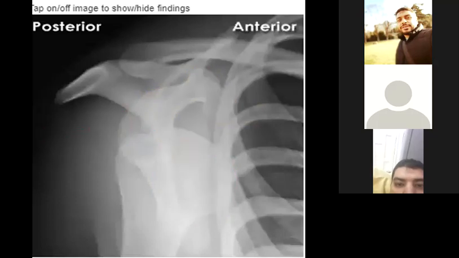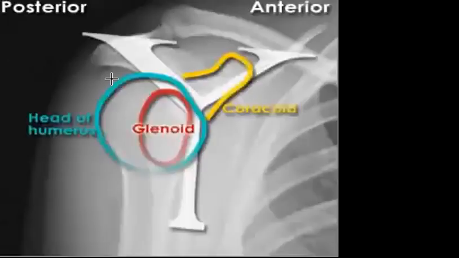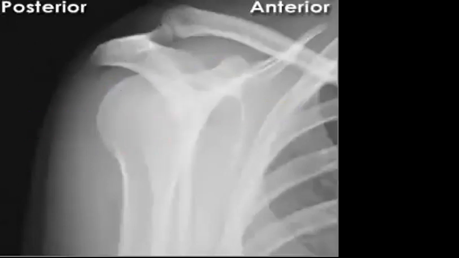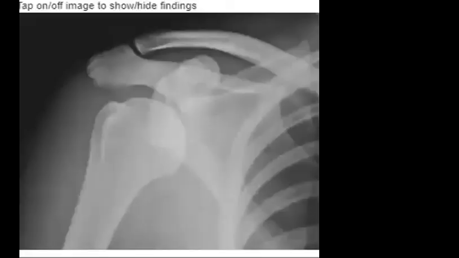I think that maybe you would like to go to the normal to check it again, right? I feel it. So let's check it again. So the normal, if you remember, was the humeral head almost at the level of the coracoid process. So when it goes to an inferior position, this means what is called shoulder dislocation, anterior shoulder dislocation. In the AP view it will be like this,